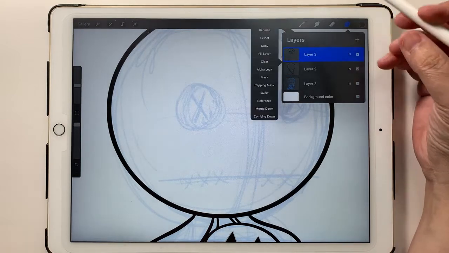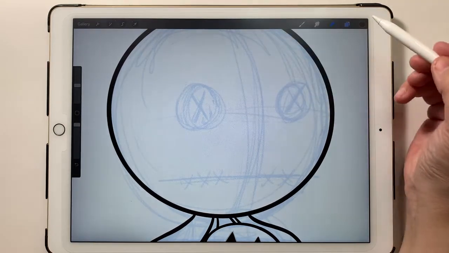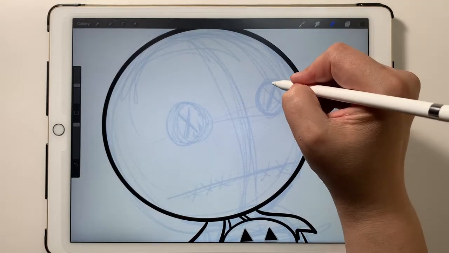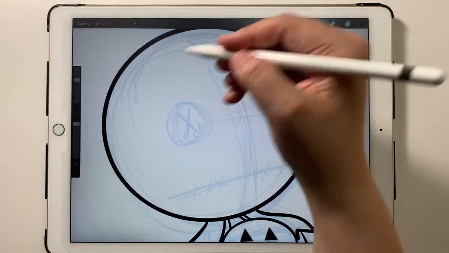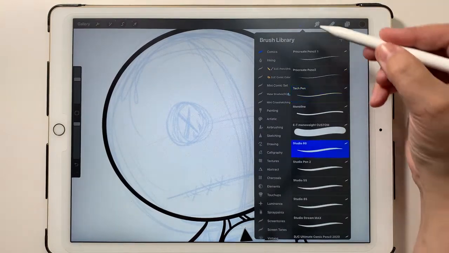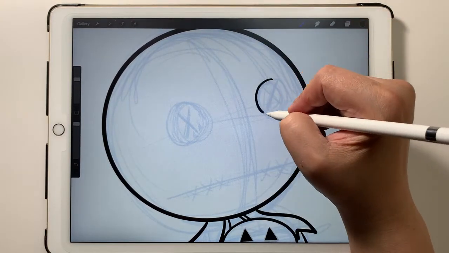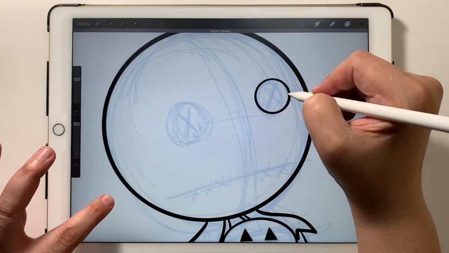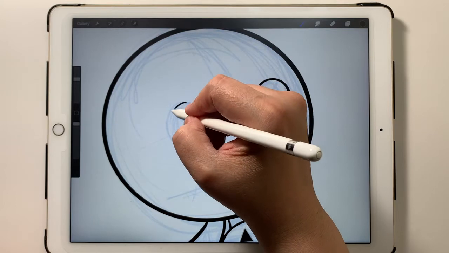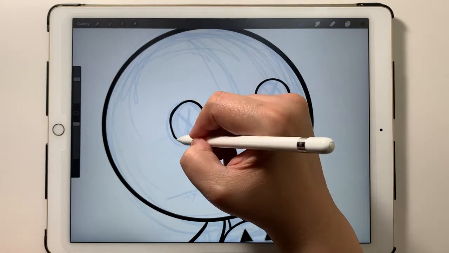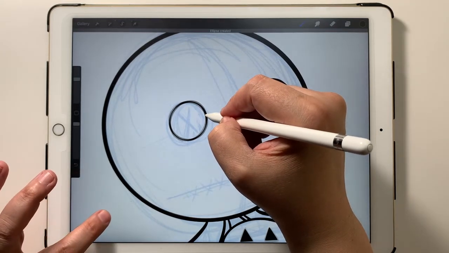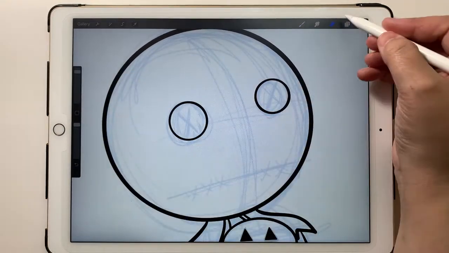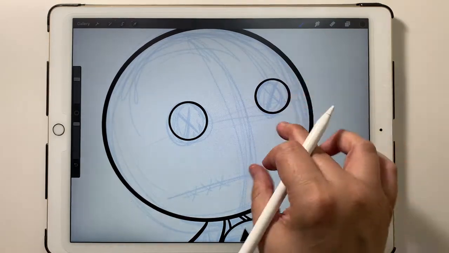And you know what? I'm going to merge the lollipop layer in with the whole thing, so that way it is all together. And for the eyes, whoops, I'm going to go back to my studio brush. That's pretty good. Now for the